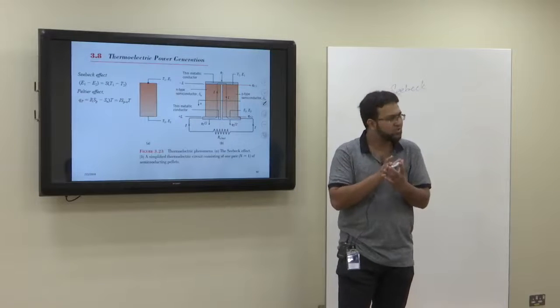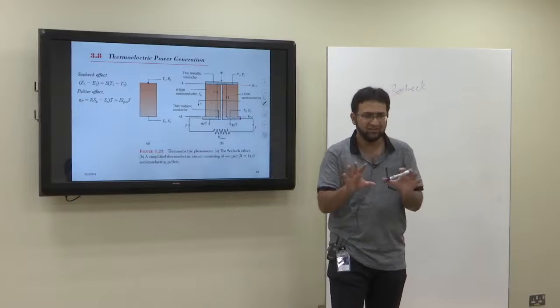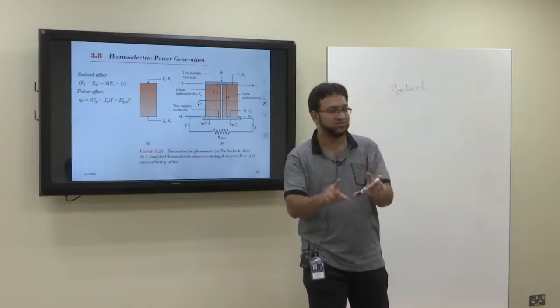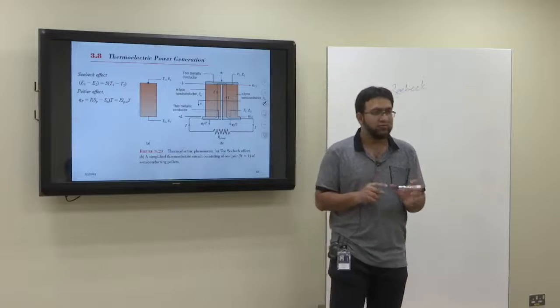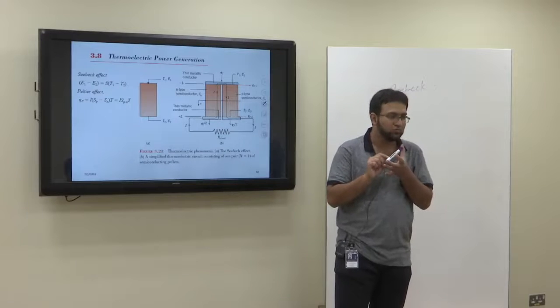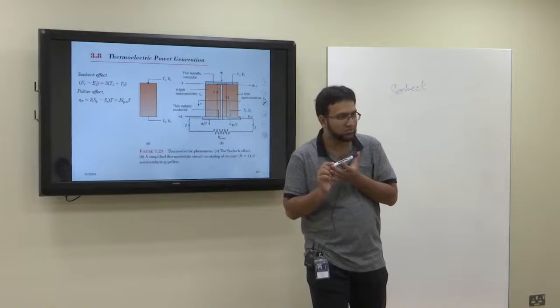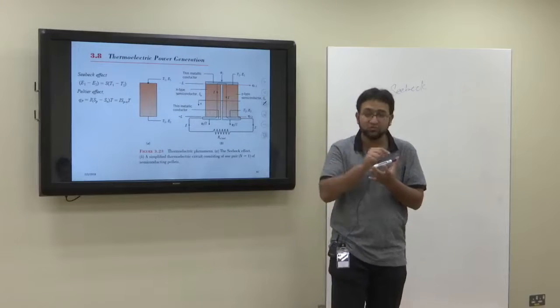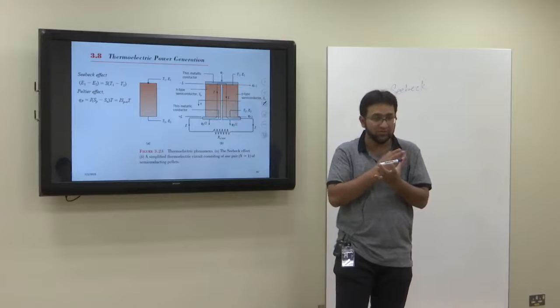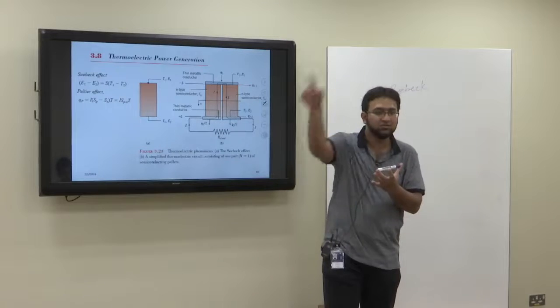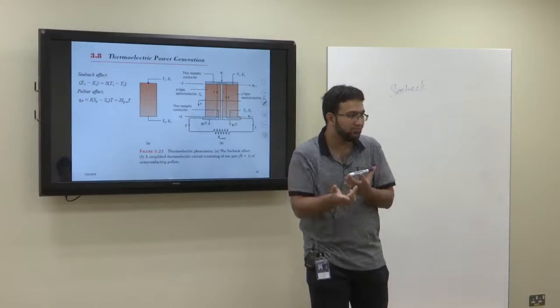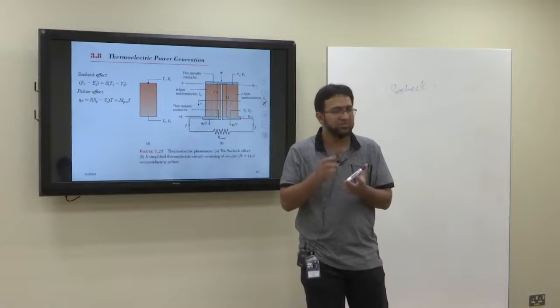Now the electrical potential difference generated is very little, is very less, but it is there. It will cause the electron to move from the high temperature to the low temperature. Okay, and when the electrons move within the material, if we connect it to the circuit, it might take the load. Okay, but this